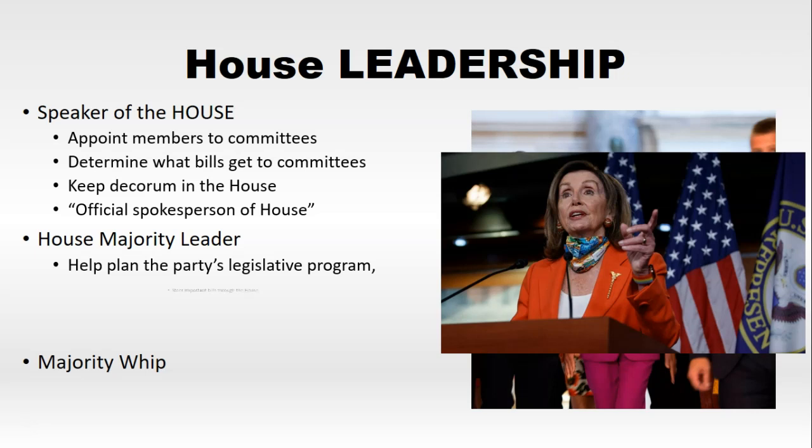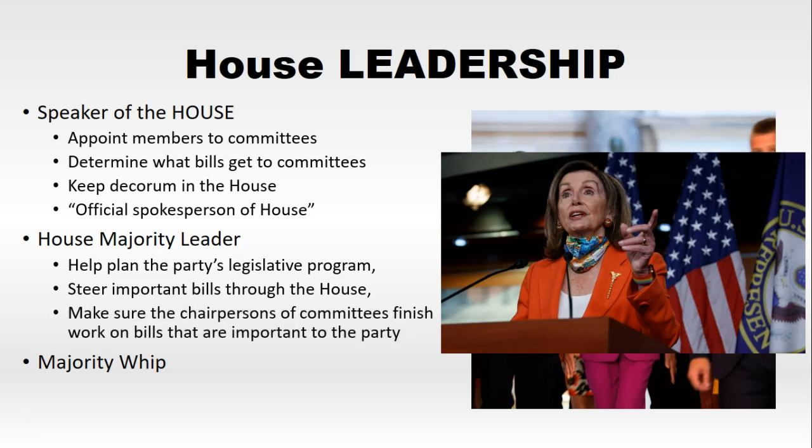The next thing that the House Majority Leader does is they help steer important bills through the House. They try to make sure that the bills get through committees on time, things of that nature. And they really help make sure that the chairpersons of committees finish work on bills that are important to the party. It's sort of the idea of, hey, we have this new